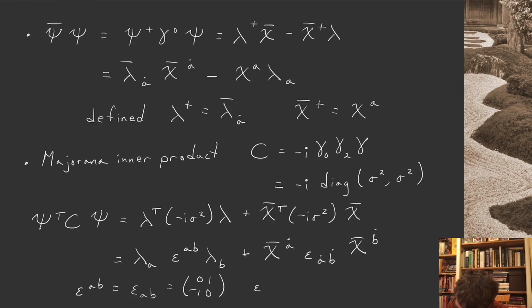And similarly for the dotted guy, ε^{Ȧ Ḃ} is equal to 0, 1, minus 1, 0. Okay, so that's what we get. Now, I want to add a slight wrinkle at this point. I want to think about this epsilon tensor as a kind of metric on my spinors, a way of raising